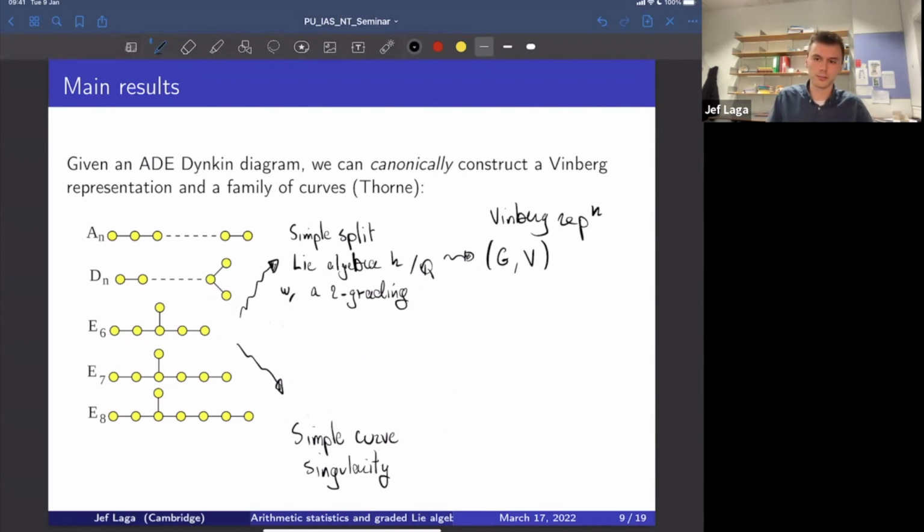If you have a curve singularity, then there exists a process from deformation theory called taking the semi-universal deformation, which in this case is a very explicit thing. It leads to a whole family of curves whose central fiber is the singularity, but the generic member will be smooth. And if you only take the smooth members, then this process, which is using deformation theory,